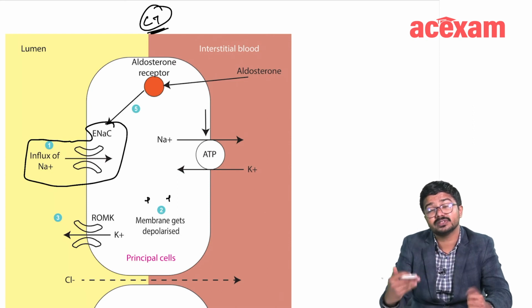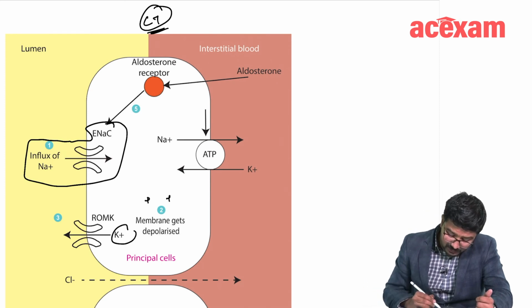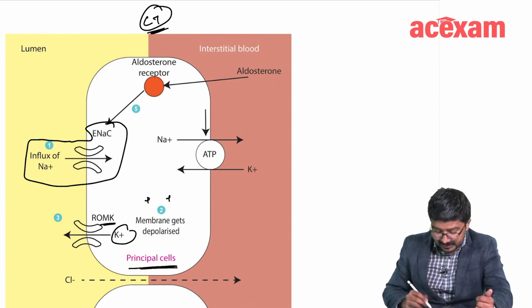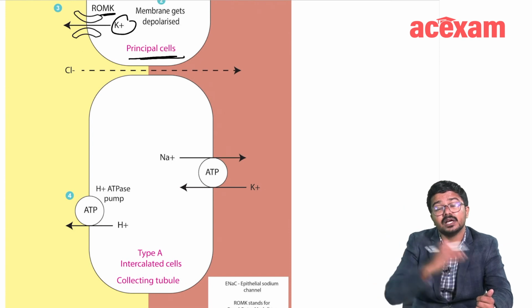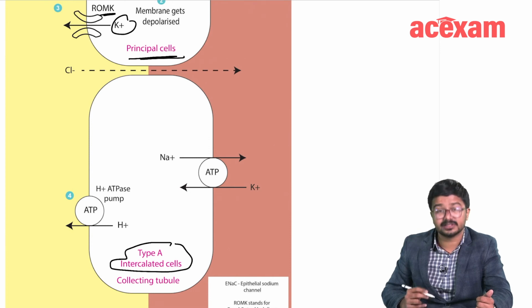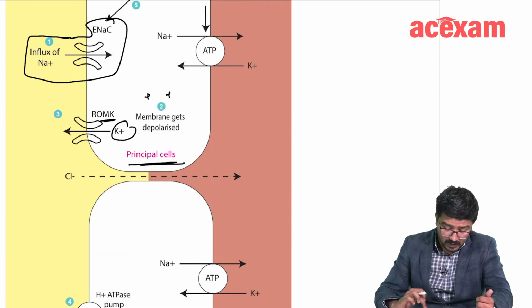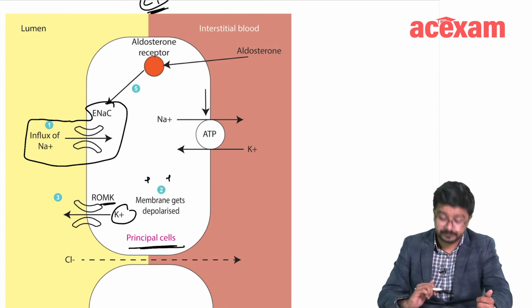So, what are the positive ions? What is the predominant positive ion in our body? In the intracellular space, it is potassium. So, the potassium will be released using the ROMK channels in the case of principal cells, and also there will be some release of H plus using the H plus ATPase, but that is in the type A intercalated cells. So, both of these try to match the excessive depolarization which has occurred following the influx of sodium, right?